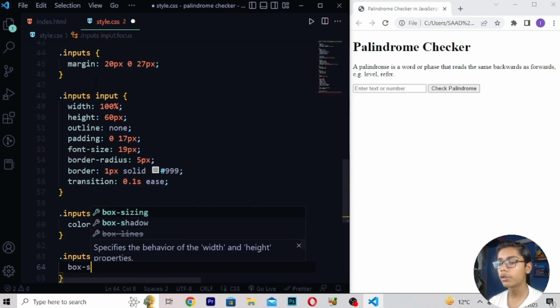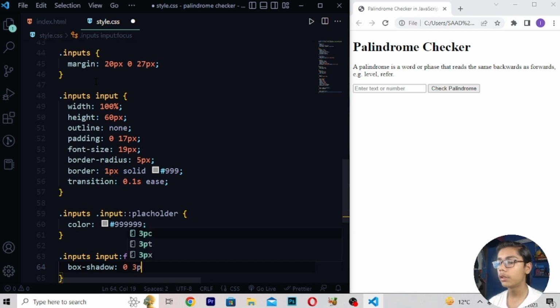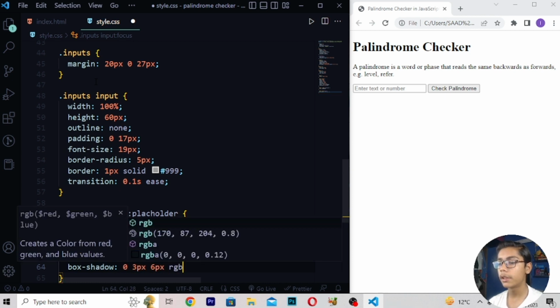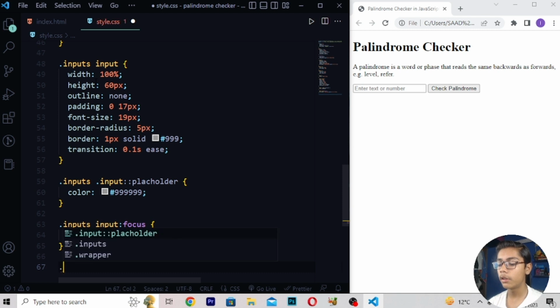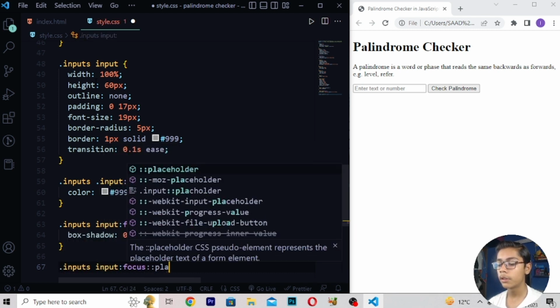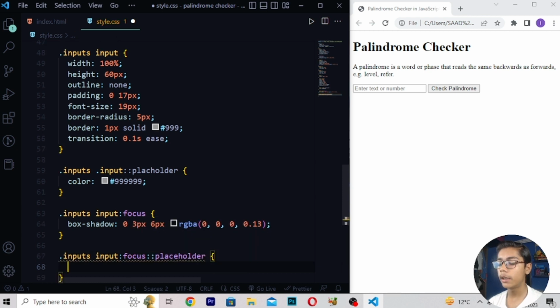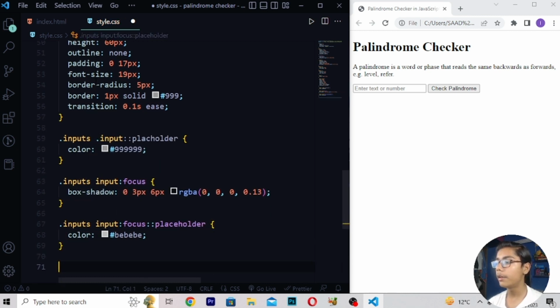Here you have to write box-shadow which should be 0, 3 pixel, 6 pixel, RGBA 0, 0, 0, 0.13 like this. Then here I will be closing, right here .inputs input focus placeholder, color #bbb, then here I will be writing .inputs button.